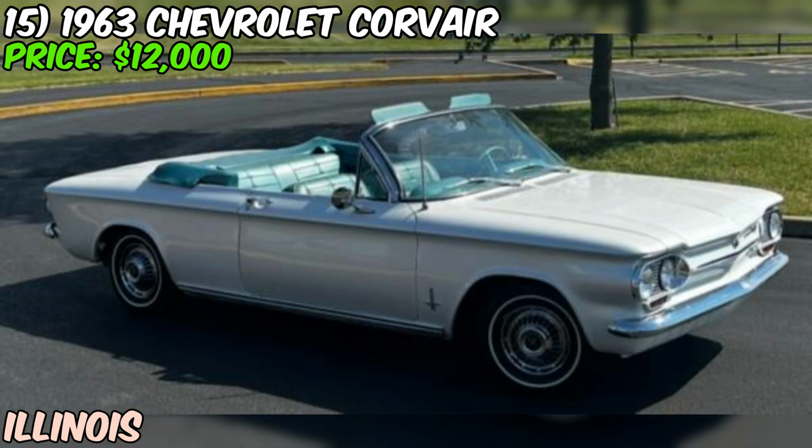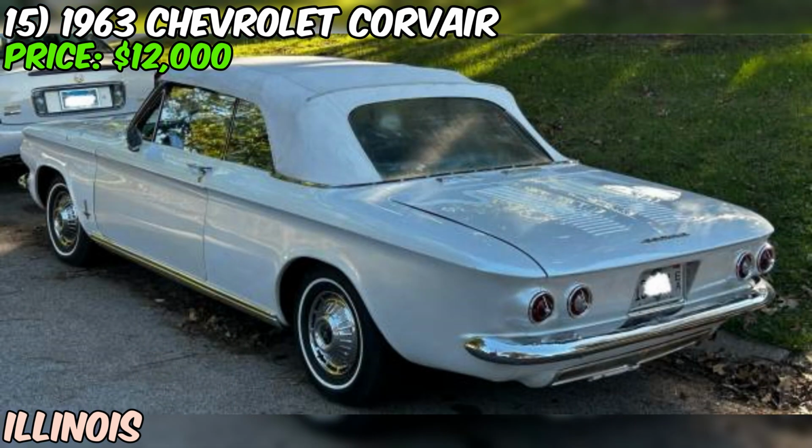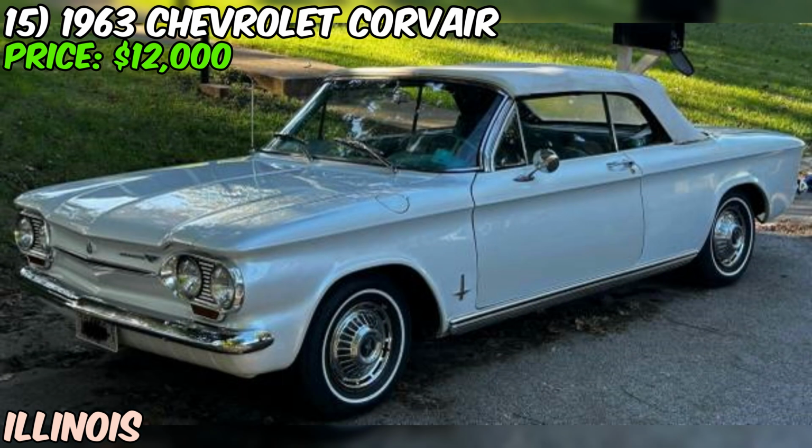Now, I know some of you might be thinking, only 95 horsepower? But trust me, this car is an absolute blast to drive. It may not be the fastest thing on the road, but it's got plenty of pep and handles like a dream. Plus, with that convertible top, you can enjoy the wind in your hair and the sun on your face